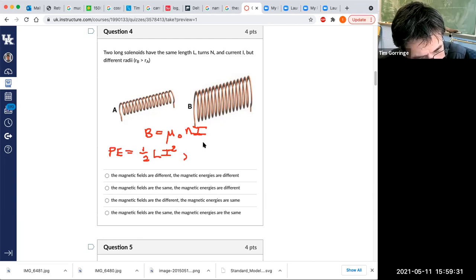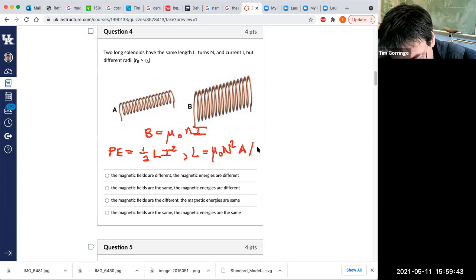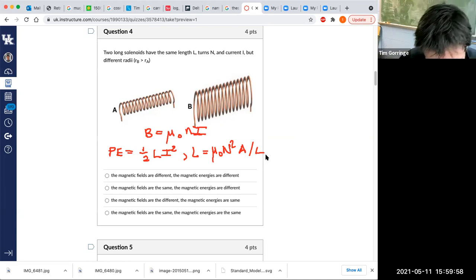And in turn, the inductance is mu naught n squared times the cross-sectional area A divided by the length. I've got to be a little bit careful here. So this L on the left here is the inductance of the solenoid. This L here is the length of the solenoid. Anyway,